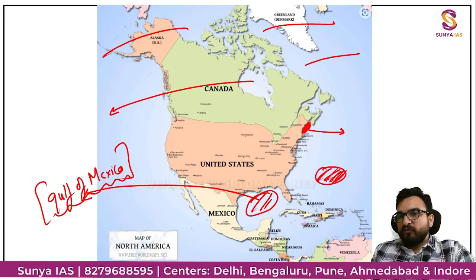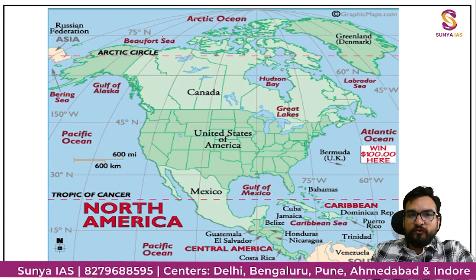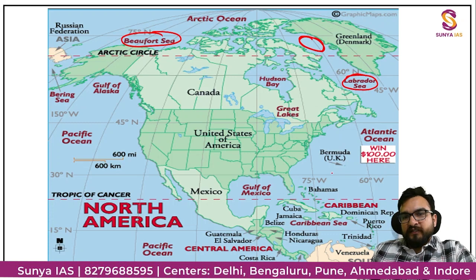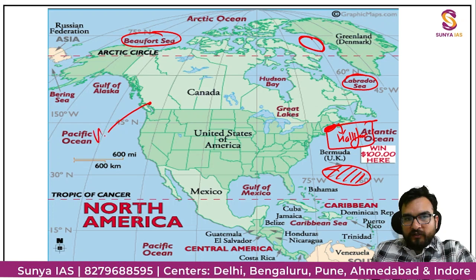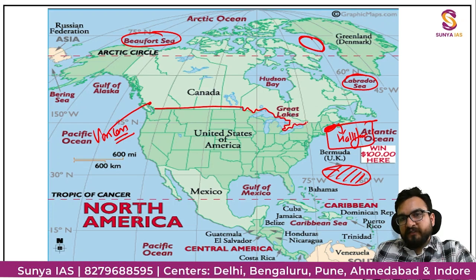Now you understand a few things, guys. See this particular map. Can you see Beaufort Sea? Can you see over here Baffin Bay? Can you see over here Labrador Sea? Over here Sargasso? Over here Bay of Fundy, and this point over here is Halifax, a city, right? And over here Vancouver. This is the 49th parallel, and the Great Lakes, which we will be seeing, don't worry about it.